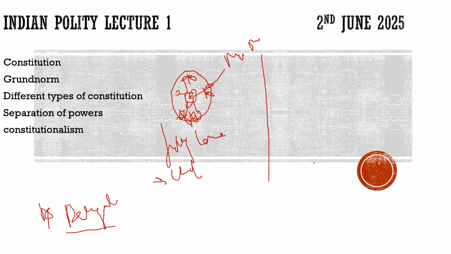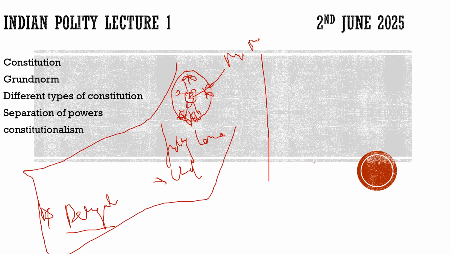So this system is called the unitary system, and any constitution which favors this system is called the unitary constitution. Now what is the federal constitution? Federal constitution is different. For a federal constitution, there are different definitions to it. Different people have defined a federal constitution differently. But is there any proper definition for that? Till now, there is no proper definition for that.